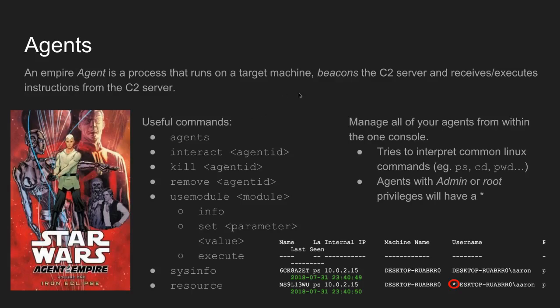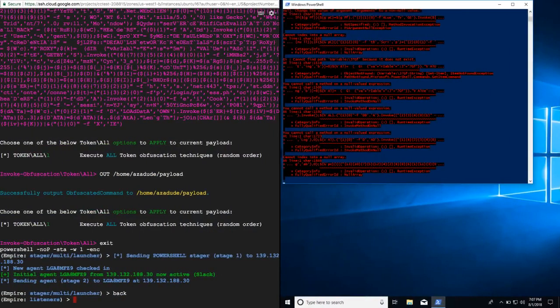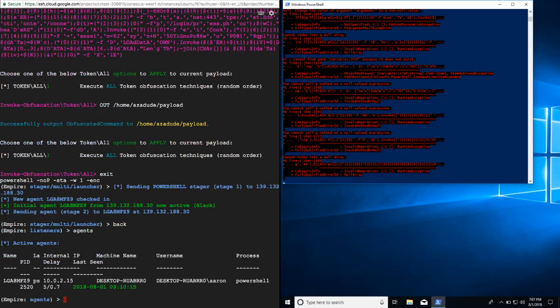Now the fun stuff happens. Now we have a foothold on the system. We can start doing stuff on that system remotely. We can start sending it instructions. We can start telling it to execute code, which is technically all you can do, but that's a lot of stuff. If we go over to the agents menu,